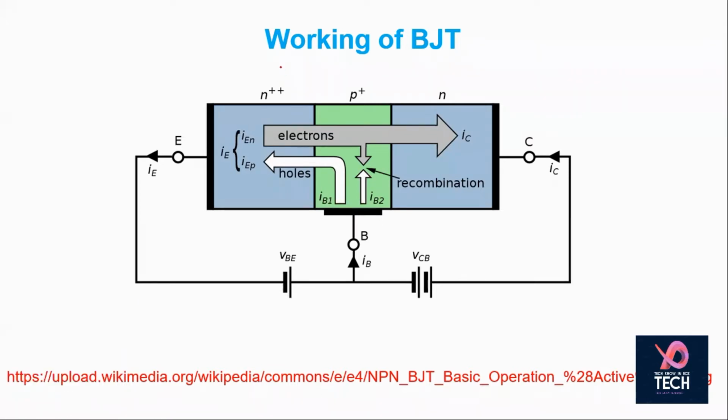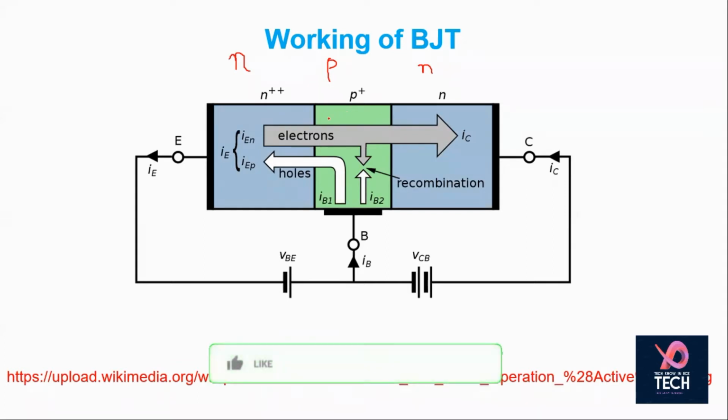As already discussed with you, a BJT is actually a combination of three different terminals, N, P, and N, already given to you on the screen, where we have a particular doping criteria. Emitter is heavily doped because it is there to generate the carriers. Base is lightly doped so that fewer emitter carriers will be absorbed in the base region, and collector is moderately doped so that it can collect whatever is emitted by the emitter.